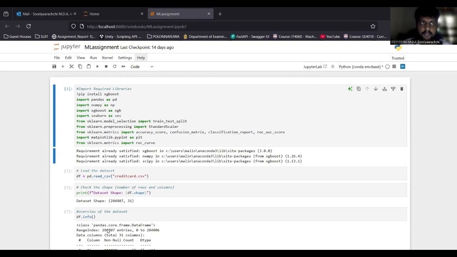IT21173790. In this project, I am using the XGBoost algorithm to detect fraudulent credit card transactions. The goal is to train a model that can accurately identify fraudulent transactions from real world credit card transaction data. First, I install and import necessary libraries, including XGBoost for modeling, pandas and NumPy for data manipulation, Seaborn,